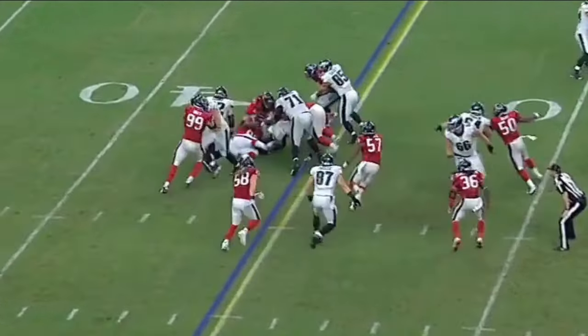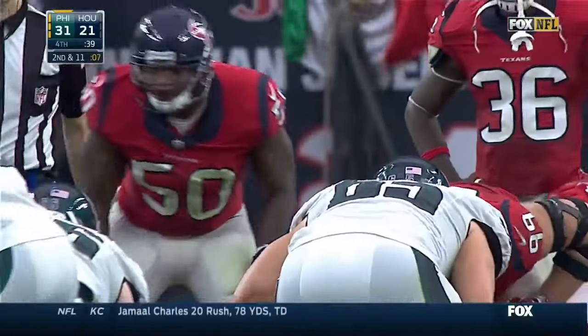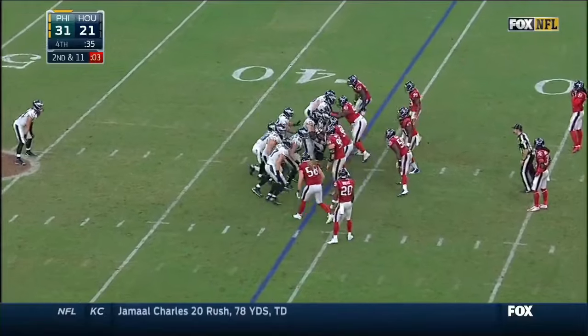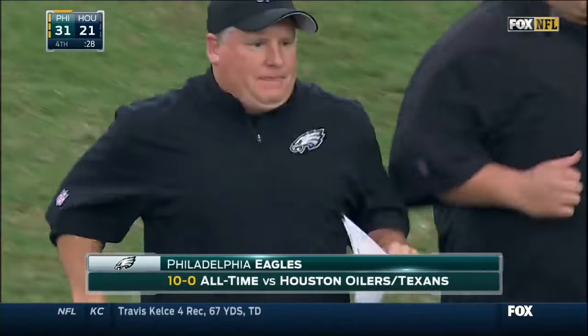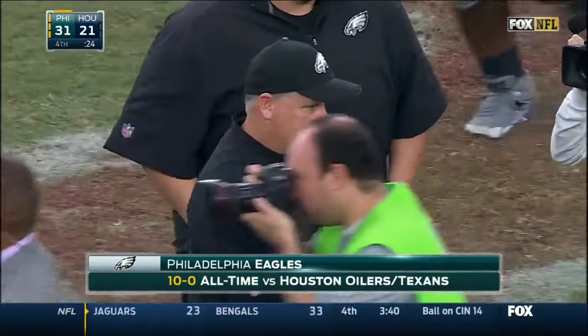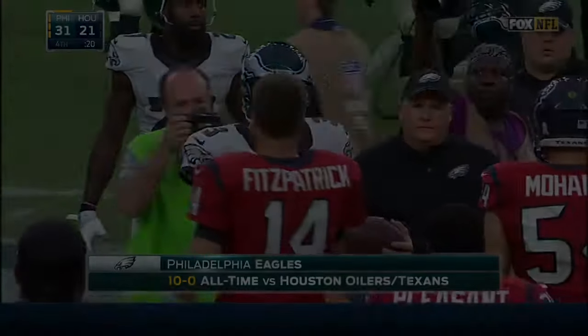On 3rd down, it is Polk. While there's a lot of things that go along with this offense as the quarterback, I thought that Mark Sanchez handled all of them very, very well. So the Eagles will make it a perfect 10-0 against teams from Houston. They were 6-0 against the Houston Oilers, now 4-0 against the Texans. Longtime friends Chip Kelly, Bill O'Brien, as the Eagles win it by 10. Great job by our